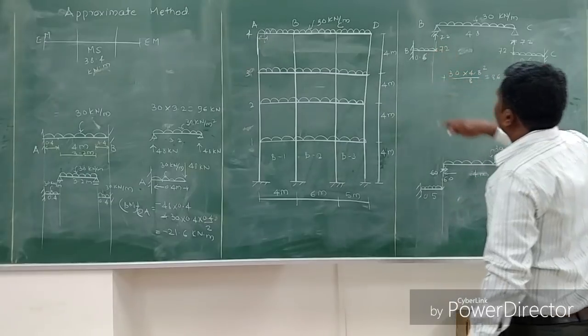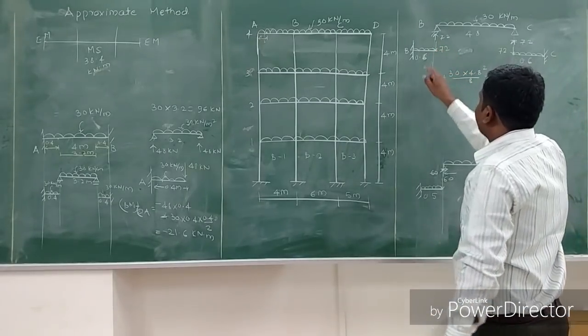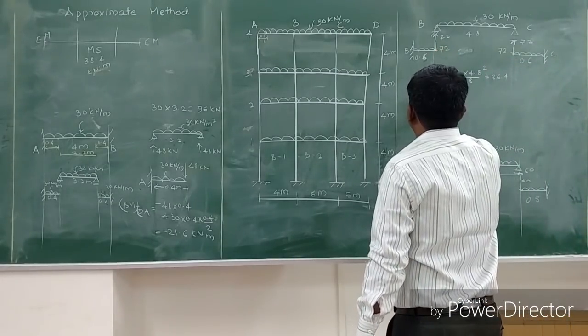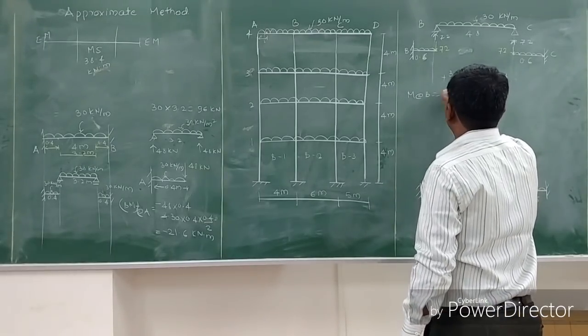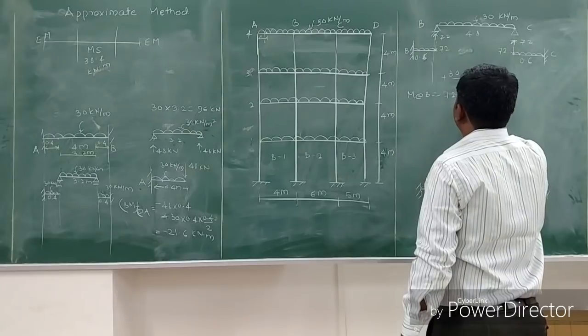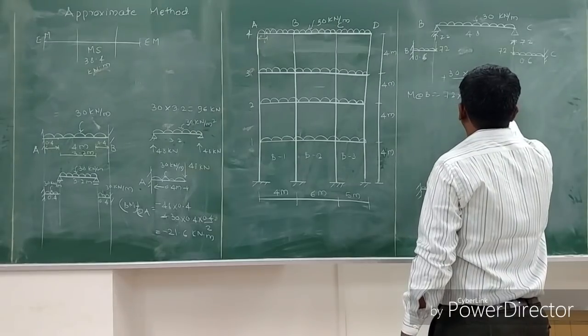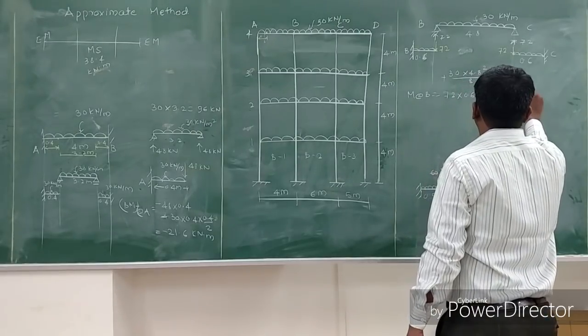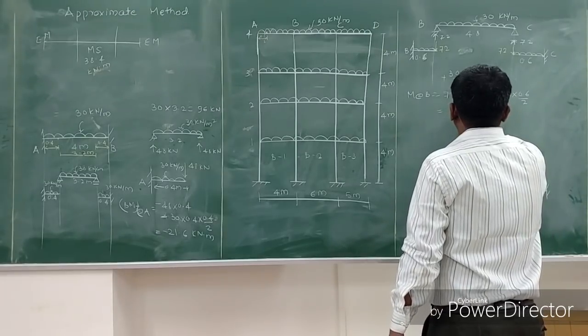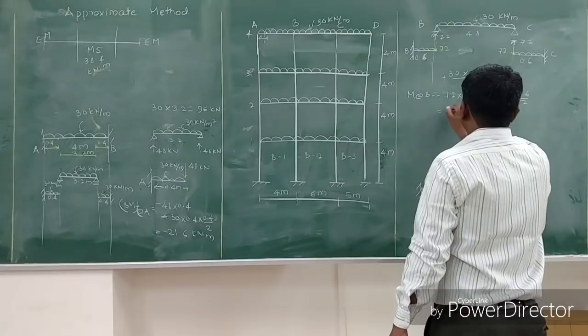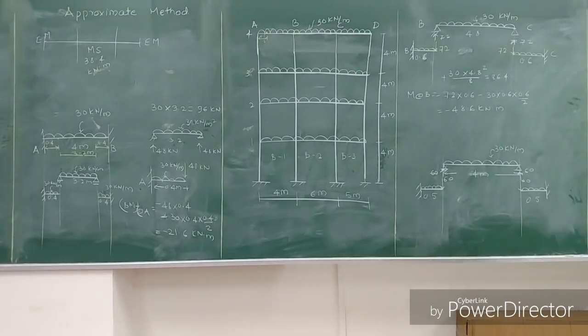the extension of the BCB. Now I will have to calculate the moment at B, which is nothing but the end moment at B, which will be just a straightforward calculation: minus 72 into 0.6 minus 30 into 0.6 into 0.6 by 2, which is nothing but 48.6